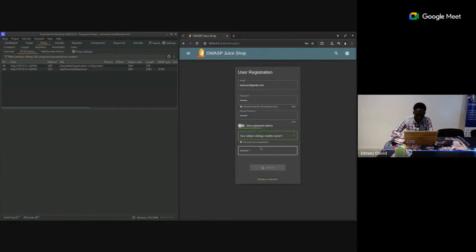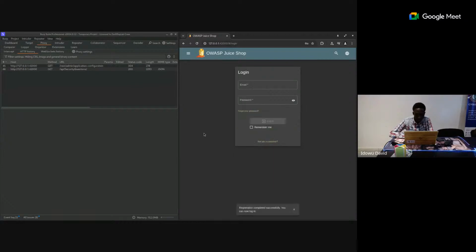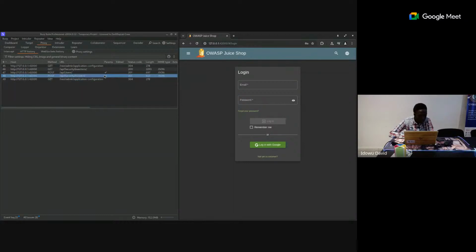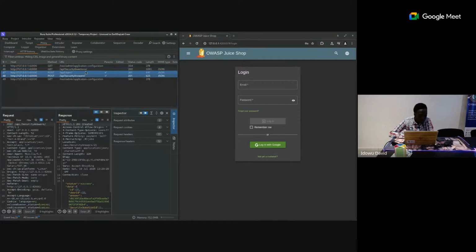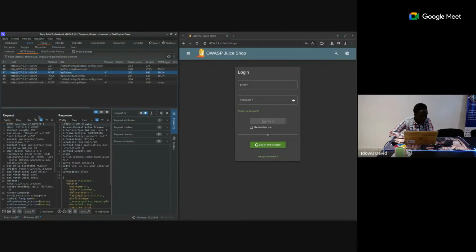Express question. What is the other solution? Test. Now, if I try to register, it tells me that my registration is completed successfully down here. You can now log in. But if I go and check what happened behind the scenes, I could see that there was a POST request that was sent to users